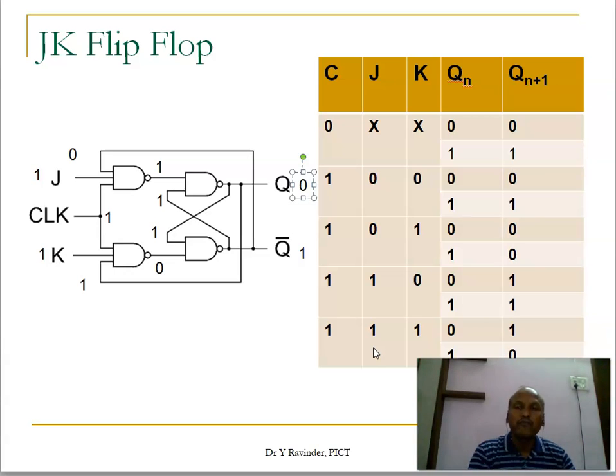If before toggling the clock pulse changes, it will remain the same. But if the clock pulse has a long duration, then as long as the clock is on, the output will keep toggling. That is why this toggling, the race around condition, can be avoided by adding another JK flip-flop to this, which is called a master slave flip-flop.